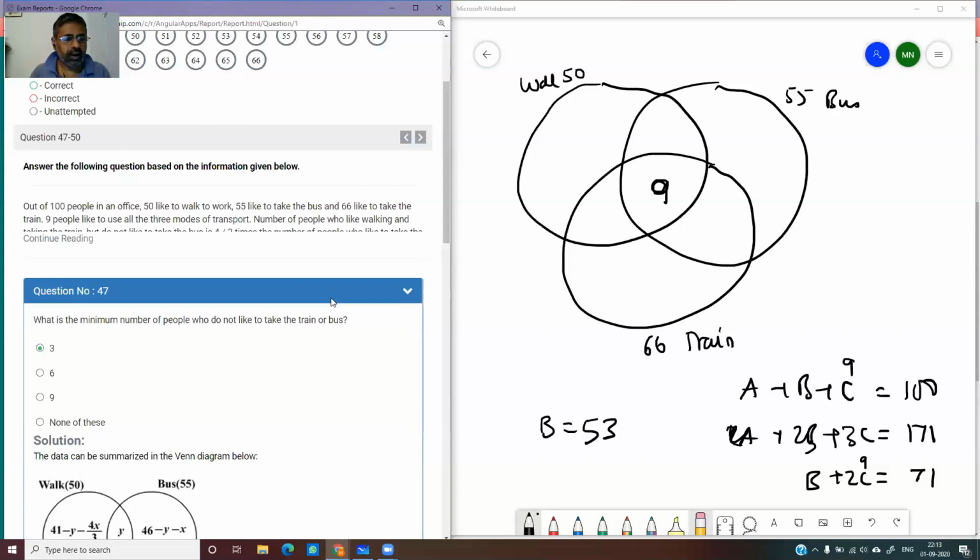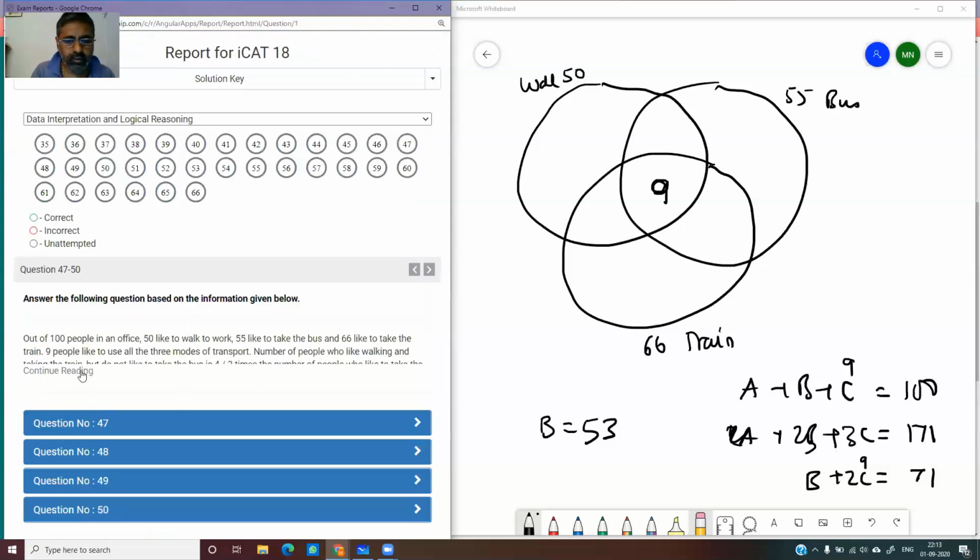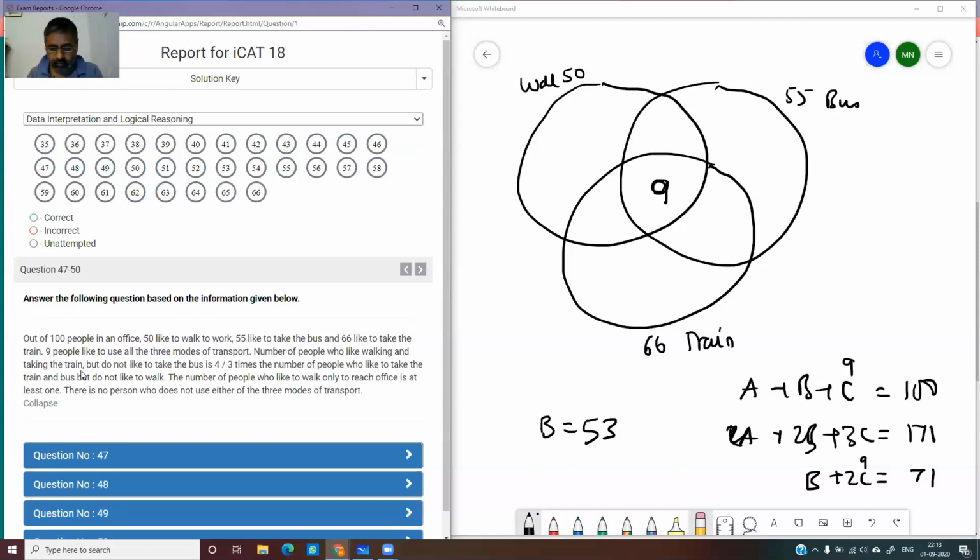Though here, it is not blanket like the previous case. In the problems which we did before, none of these values were given. Now, since the values are given here, it becomes far easier for us. Is this okay? Have you understood how I arrived at 53 fast? That is not the way they calculate. They have taken this as X, this as Y, this as Z, then 50 minus X minus Y, and that's how they've done it. I feel that takes too much time. This one you tend to get much faster.